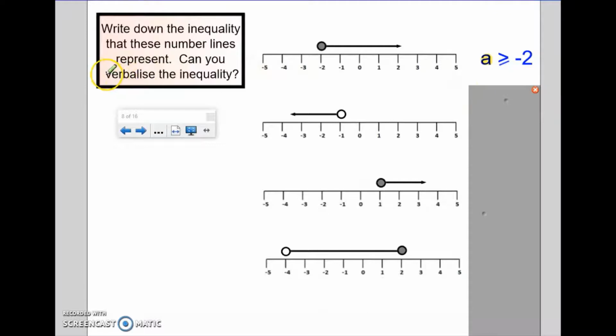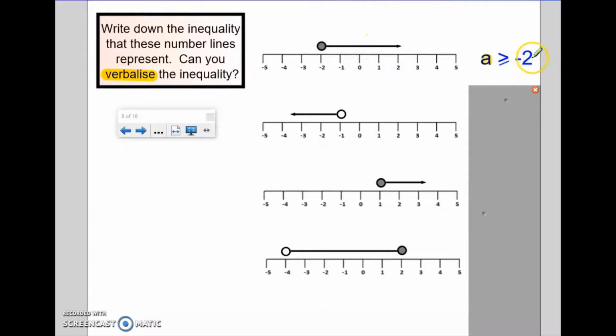And I've also asked if you can verbalize what it says. Can you speak and tell me what it says? So if I was to read this, A is greater than or equal to -2. Greater than or equal because it is a shaded in circle, and the arrow is pointing above because we want